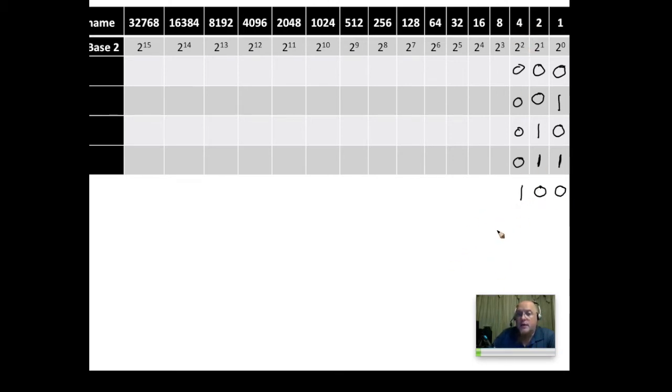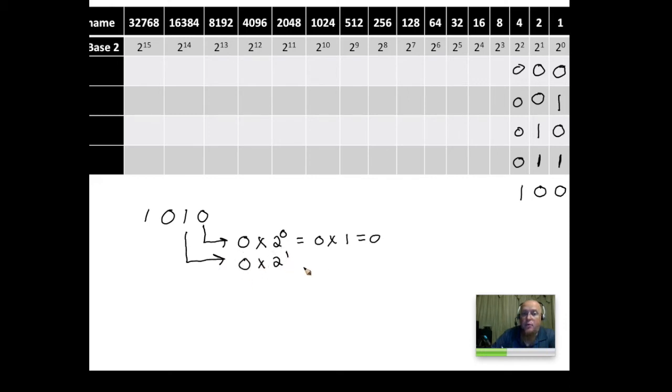You can take any binary number and convert it to a decimal number the same way that we always have, even in our decimal numbers. So let's say we take a number out of this. I usually would call for someone to volunteer a number, but let's just say 1010. We're going to take this number, and since this is the 2 to the 0 or the 1 column, we're going to take 0 times 2 to the 0, or 0 times 1, which is going to be 0. Again, this column, being our 2's column, 0 times 2 to the 1,